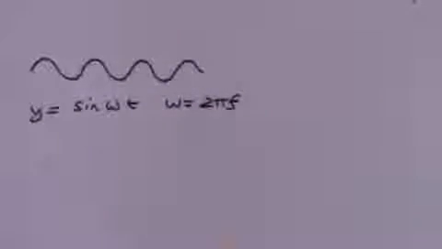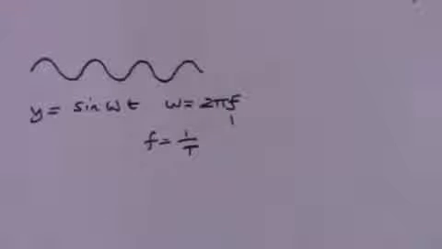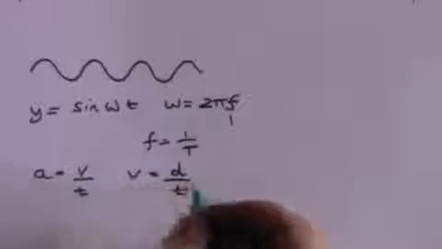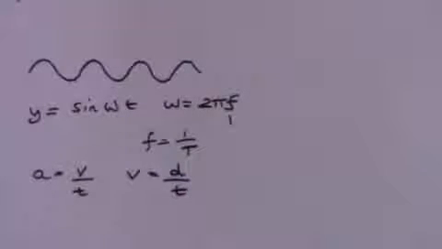Consider the sine wave y equals sine omega t. Omega is 2 pi f, and f is the frequency, which is the inverse of the period of the wave, that is, the time to complete one cycle. Acceleration is the rate of change of velocity with time, and velocity is the rate of change of distance with time. To find the acceleration of a particle travelling along a sine wave, we need to differentiate twice with respect